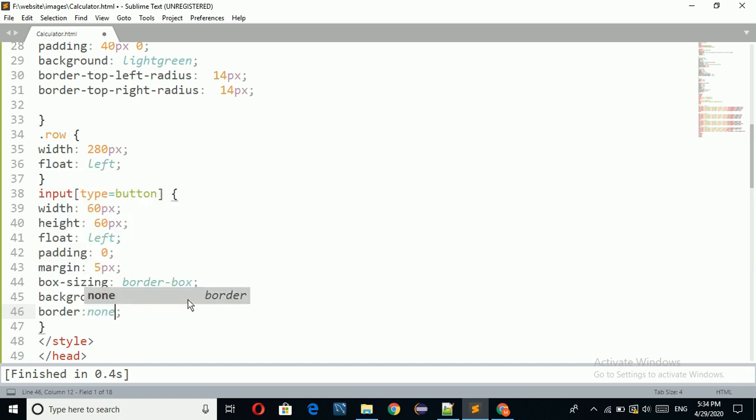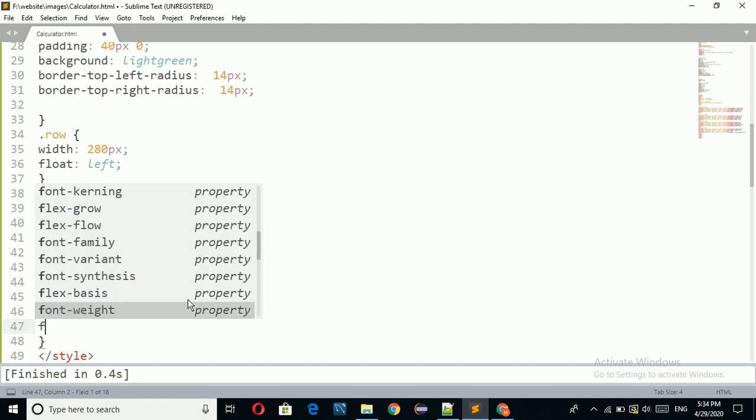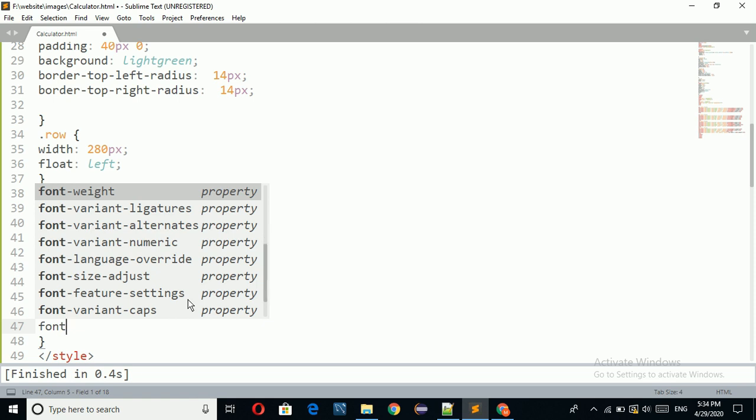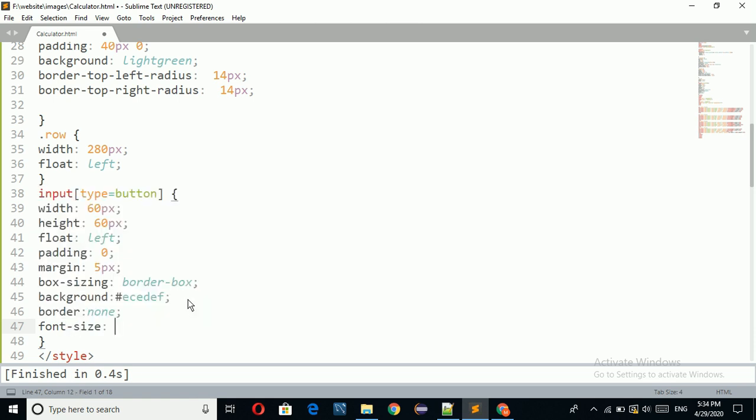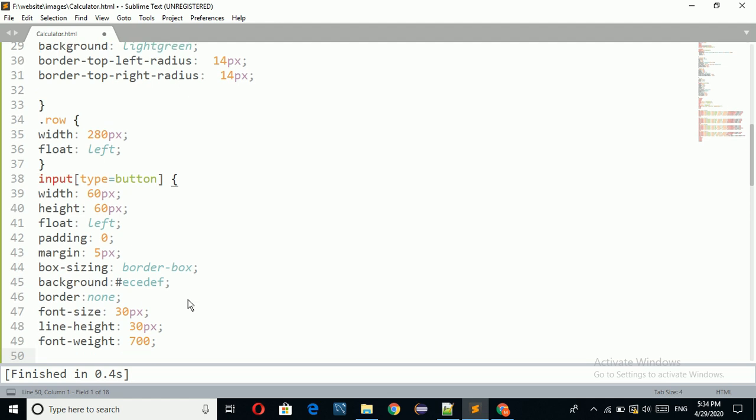Border equal to none, and font size 30 pixel, and line height equal to 30 pixel, and font weight equal to 700, and color equal to #5e5858.